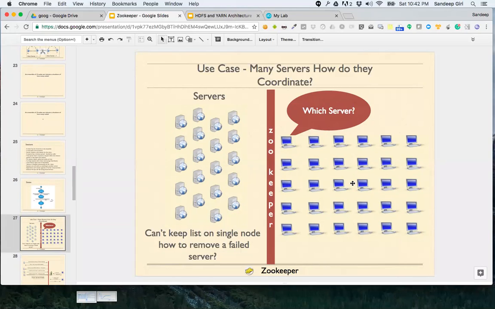Now, the first use case is coordination, because these clients cannot keep track of which servers are up and which servers are down. Therefore, there is a middle layer called Zookeeper.